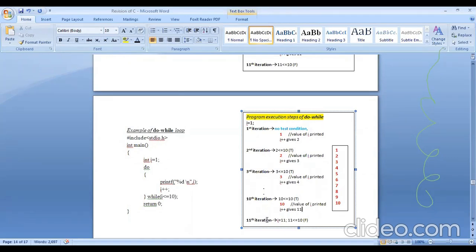Finally, in the 11th iteration, at the end we check whether 11 is less than equal to 10.